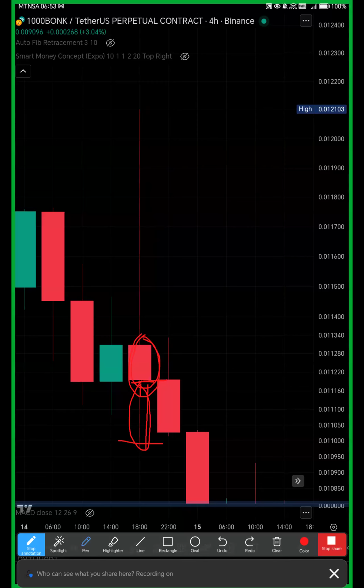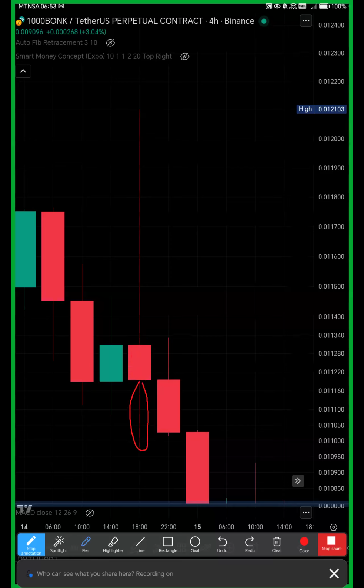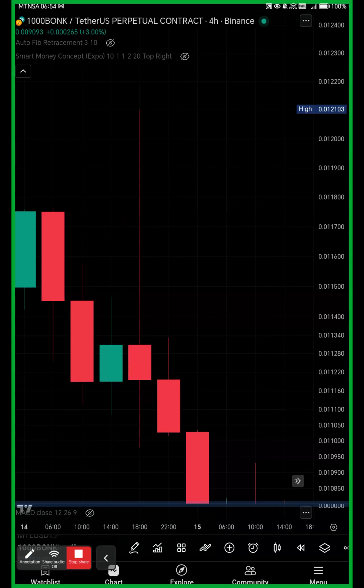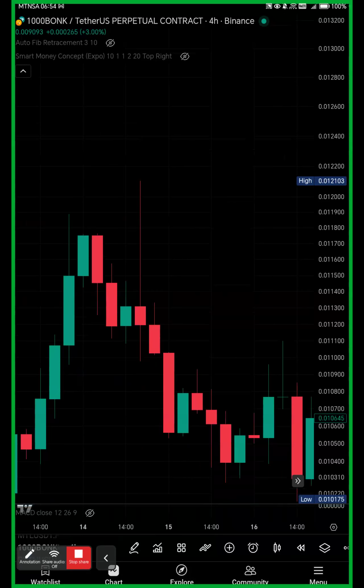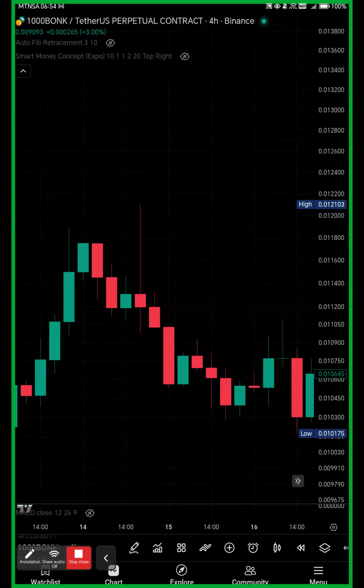Are we together? The presence of this lower shadow here tells you that buyers came in at the last minute, but they could not pass the opening price. That's why the candle is still red. But this is a buying pressure. This is a selling pressure. This is the significance of shadows. So when you see candles with long shadows like this,